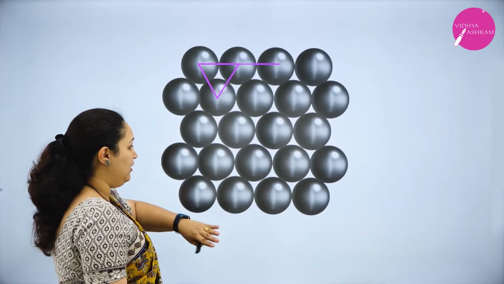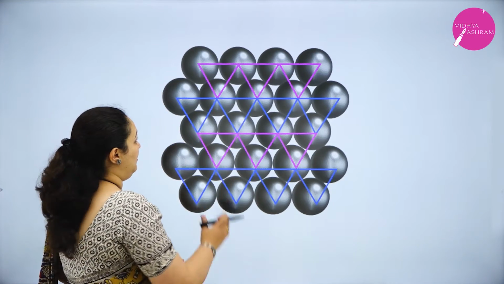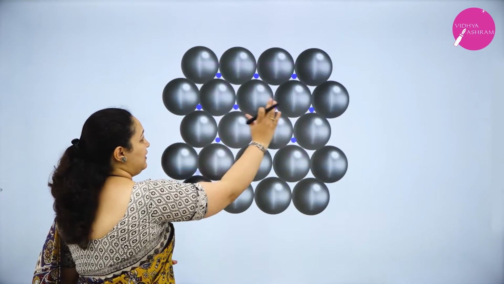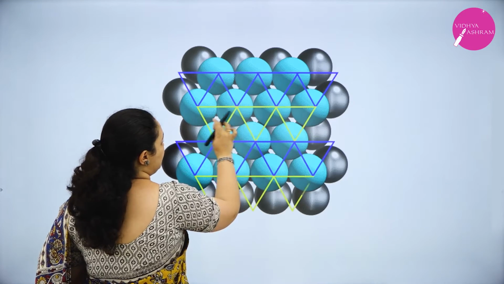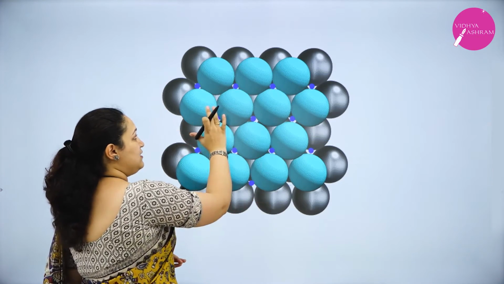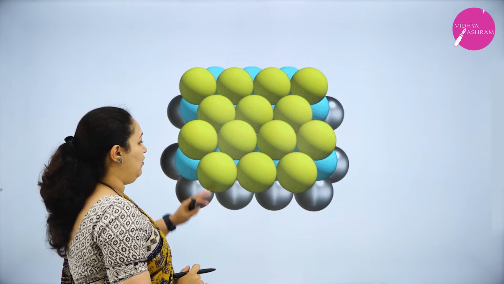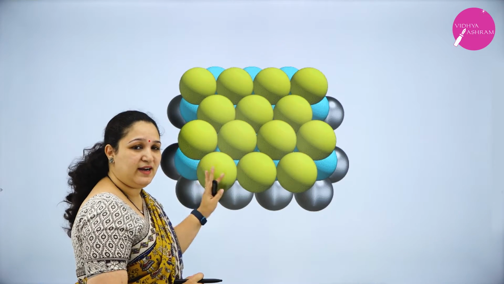Okay, so once again you have first layer, above that the second layer will come to get tetrahedral and octahedral voids. See, octahedral voids are there, spaces are there. Over that there is one more layer which is going to come, covering the octahedral voids. So this gives rise to CCP and FCC unit cell. Okay, I hope you have understood.